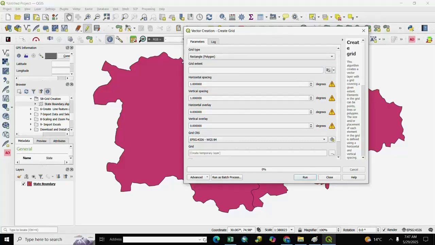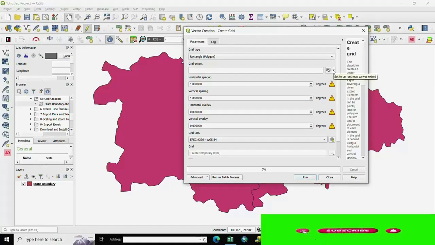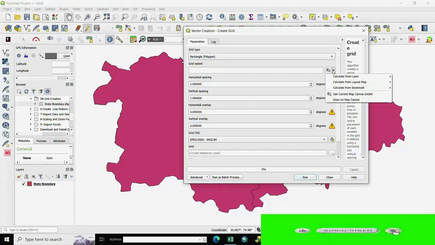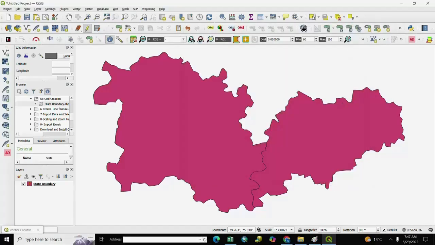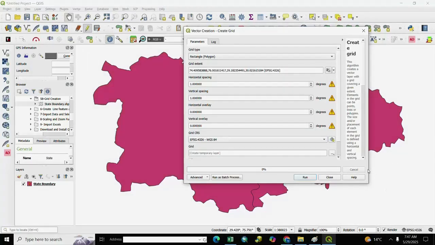and grid extent. For grid extent, we click on the arrow and go to draw on map canvas and we select it. If you want to create a whole area grid, you select all area. So our XY coordinate is here and all area is selected for grid creation.